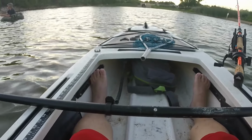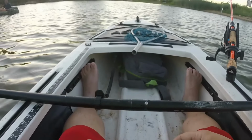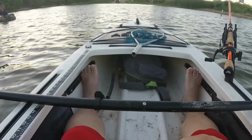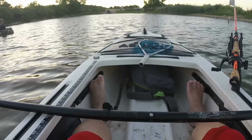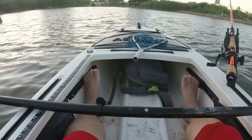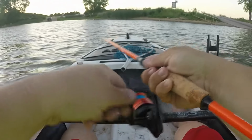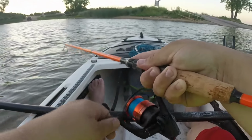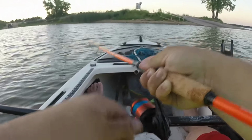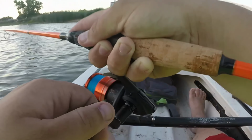There was an old boy, right as I got here, an old boy was leaving. He said last weekend he was at the dam in his kayak, and he caught an 8-pounder down there on a chatterbait. That's what he said. He said he couldn't get nothing to bite a chatterbait today. But they were all over the place, jumping and taking stuff off the top of the wall. They were taking it. Man, I tried everything. I tried red, I